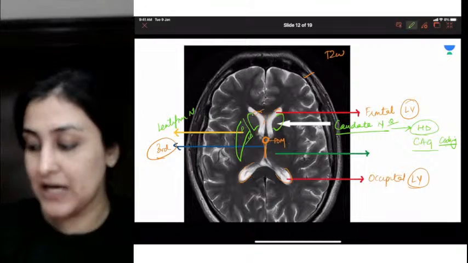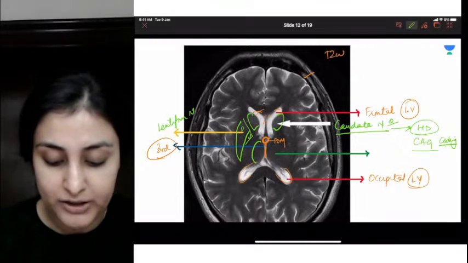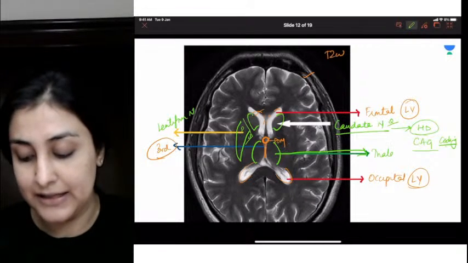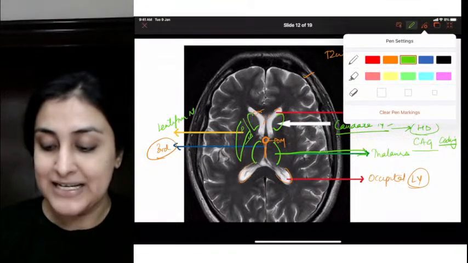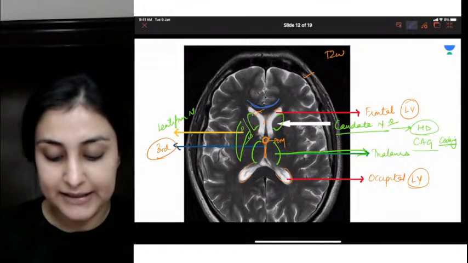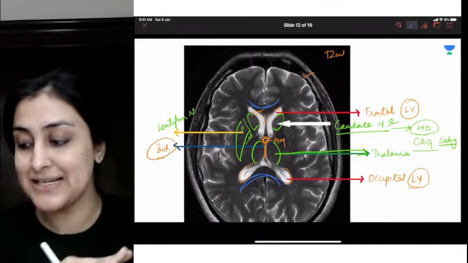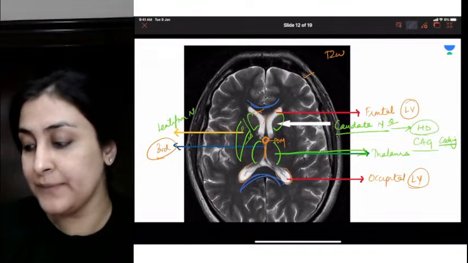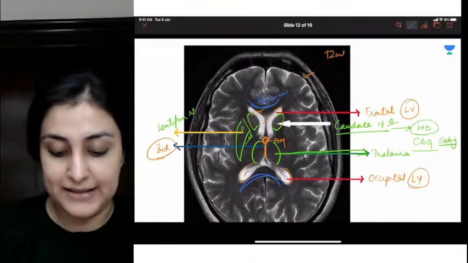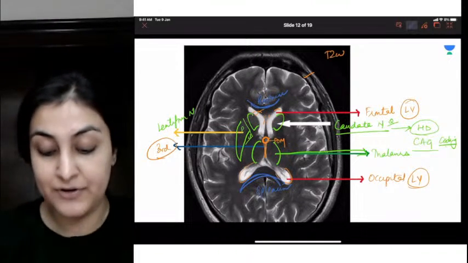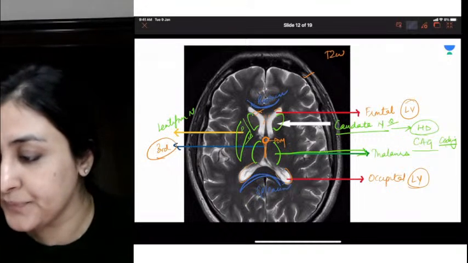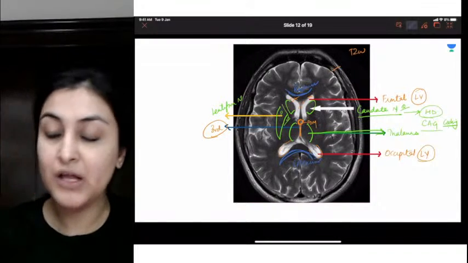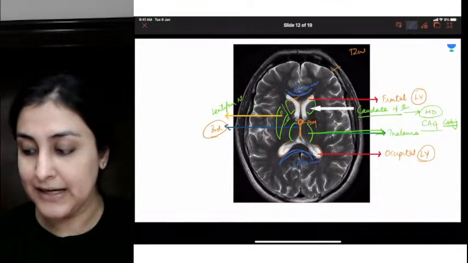All right, so multiple times asked, lentiform nucleus. And finally, bordering on both the sides, marked by the green area on the third ventricle, we have the thalamus. Okay, what about the white matter bundle? This white matter bundle which is connecting the two sides of the brain, this is corpus callosum as an axial section. So this becomes the anterior part. This is the rostrum, and this here is the splenium. So we have the rostrum anteriorly, the splenium posteriorly. Okay, so this is what we have, T2 weighted MRI. Okay, right. So this is about the basal ganglia anatomy.